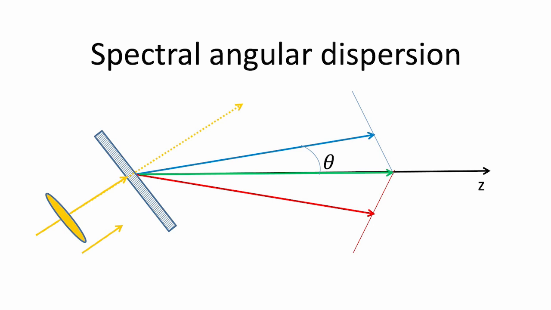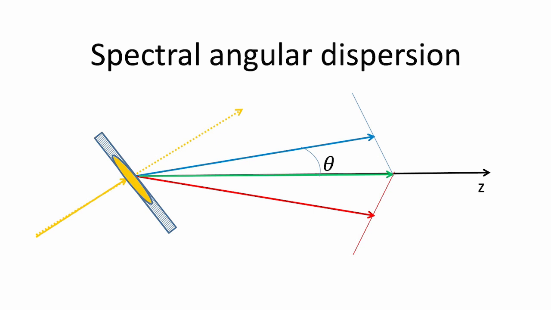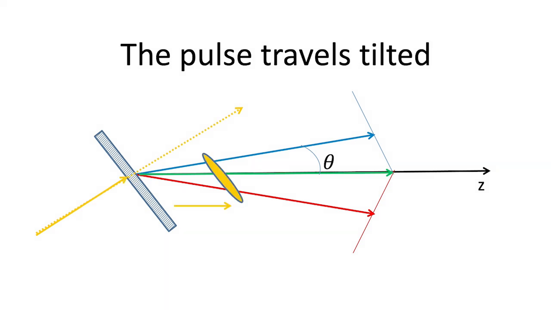So when this pulse hits the grating, you see that it hits the grating at all locations at the same time because it's impinging at normal incidence. I did this example with normal incidence just to make the explanation easier. So the pulse will leave at the same time from different positions. Next slide: what will happen with this pulse after leaving the grating?